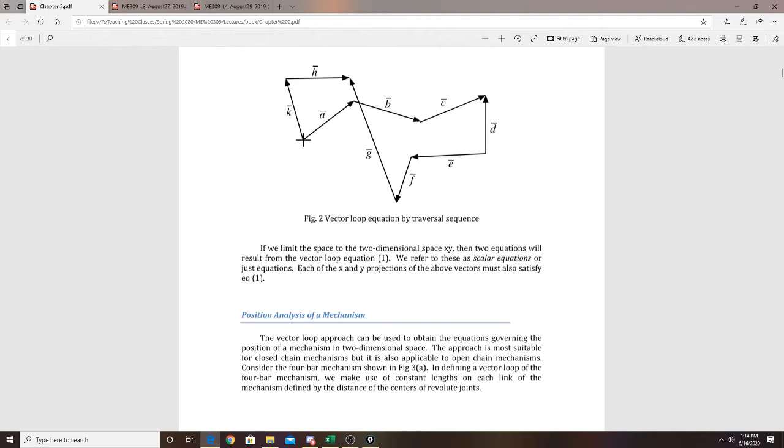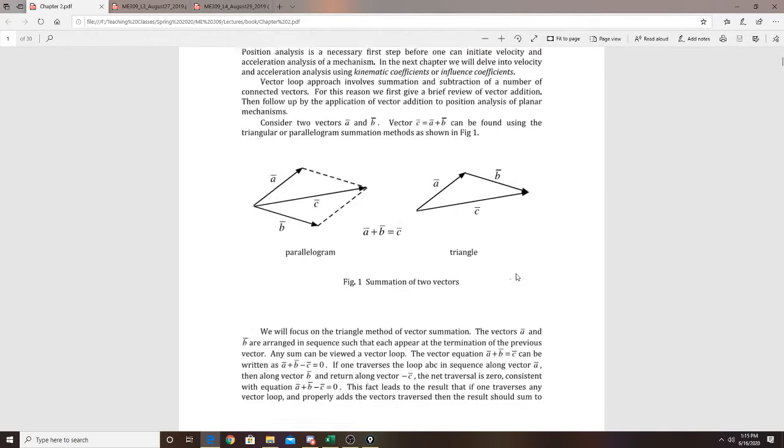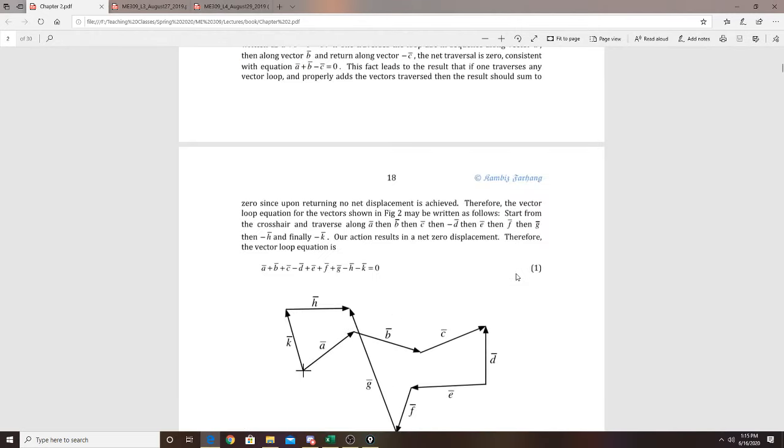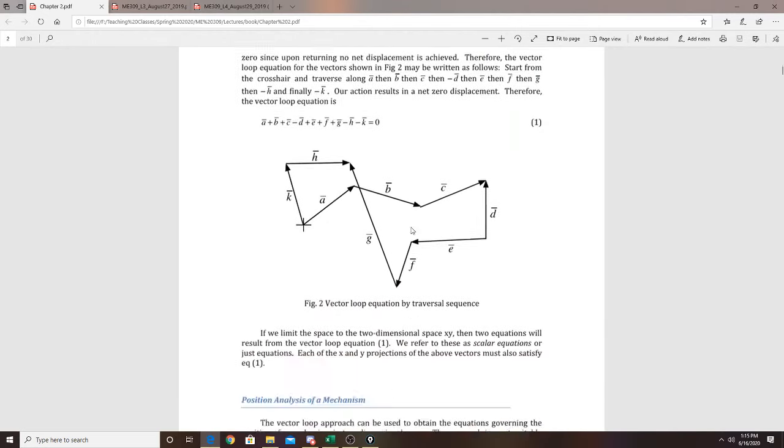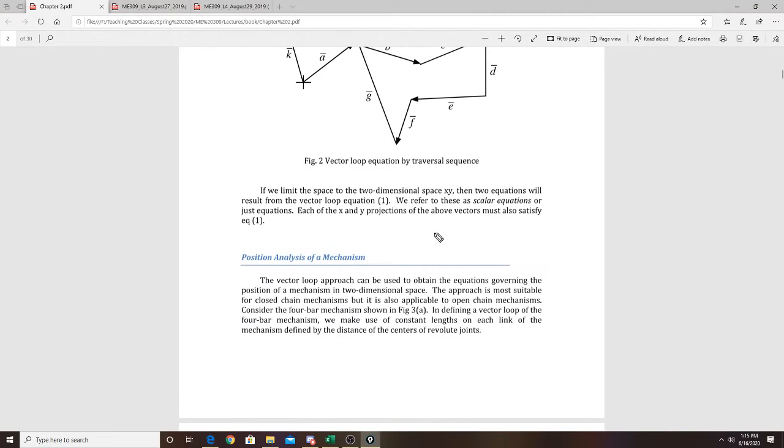So right here it says if we limit the space to two-dimensional space, x and y, then two equations will result from the vector loop equation. We refer to these as scalar equations or just equations. Each of the x and y projections of the above vectors must also satisfy equation 1, which is here. So what it is saying here is that